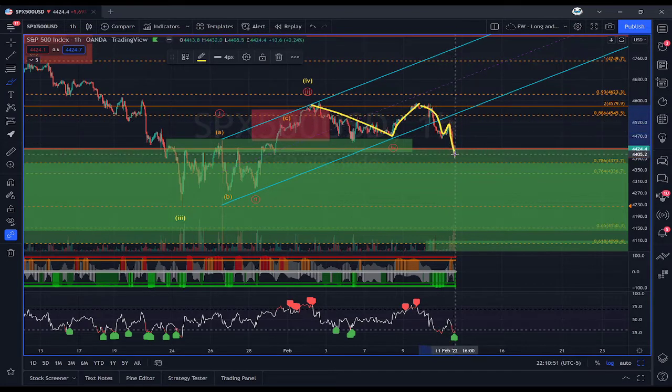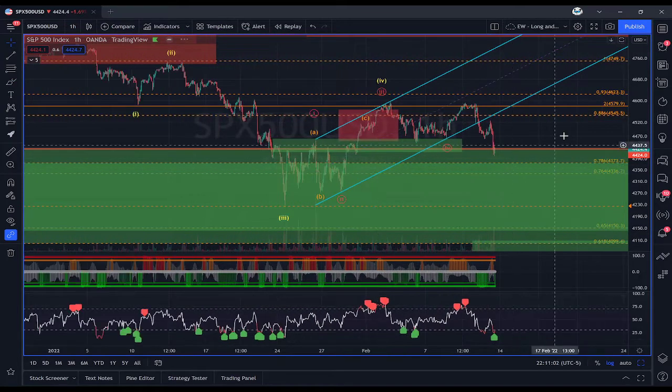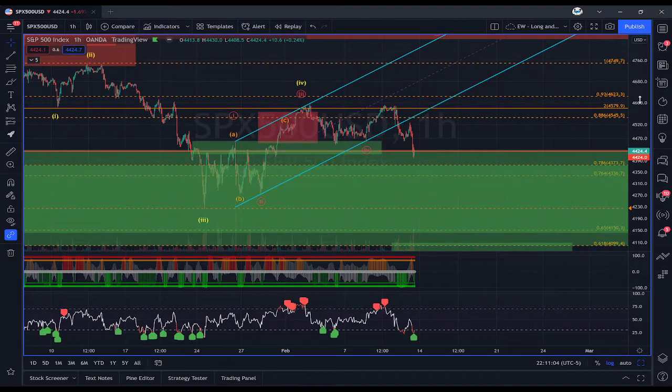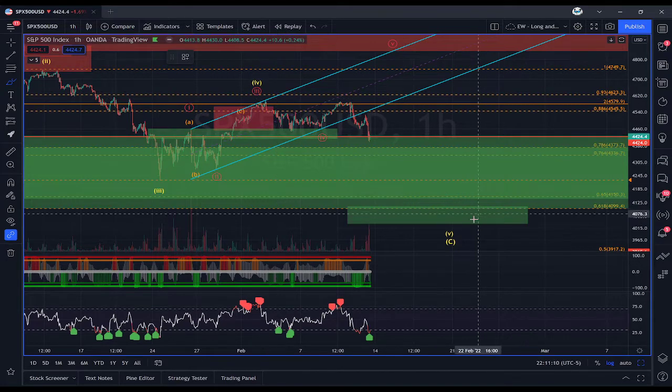On, I guess that was Wednesday or Thursday. Anyway, earlier this week we died, and it broke down through that channel. And so therefore, I am now expecting the lower low to happen on the S&P. This is my S&P chart. I believe I've been waiting for this lower low down here between like 40.30 and 41.15, give or take.